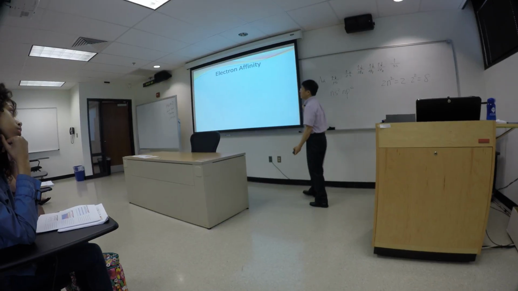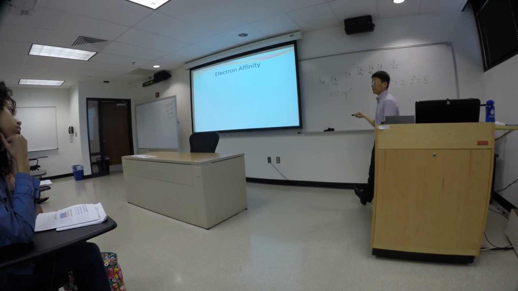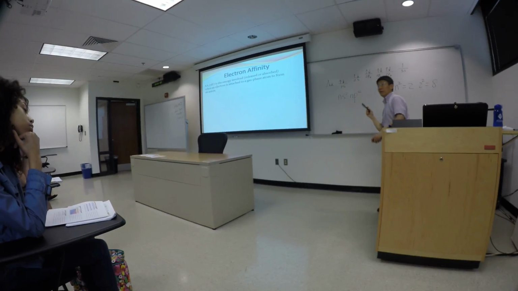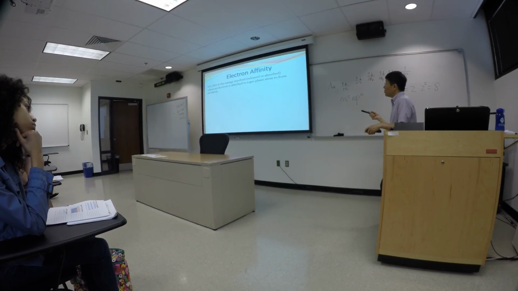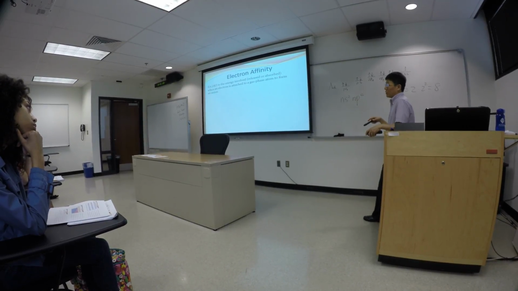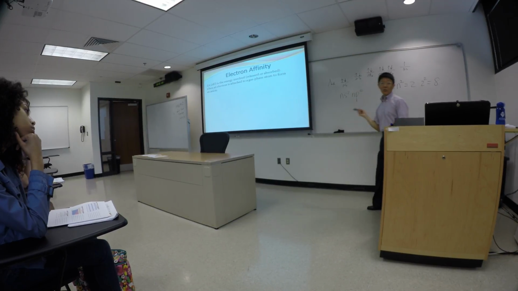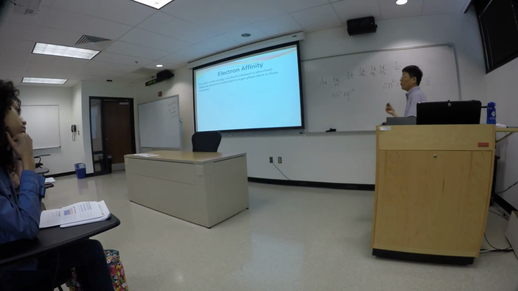Well, the term that we use to describe that process is electron affinity. Electron affinity is the energy involved. In this case, it could be a positive number, endothermic. It could also be an exothermic process, negative. So energy can be released or absorbed in this process. But electron affinity, EA, is defined as when an electron is attached to a gas phase atom to form a